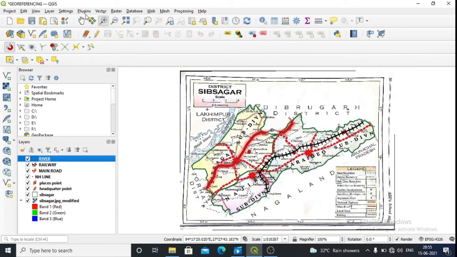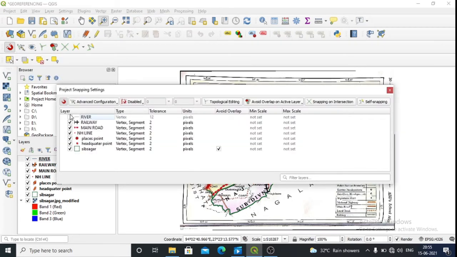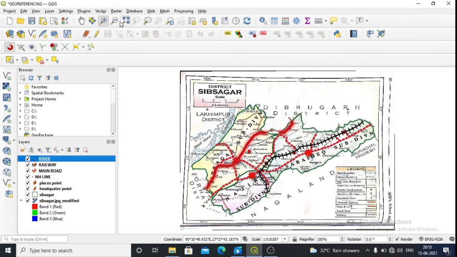Now let us add the river. Then you have to change this one also, snapping option, then click on river, make this one as vertex segment. Tolerance level, make it as 2. Then this option, make it as avoid overlap on active layer. It's done. So now we are ready to add the river feature. So if I zoom it,